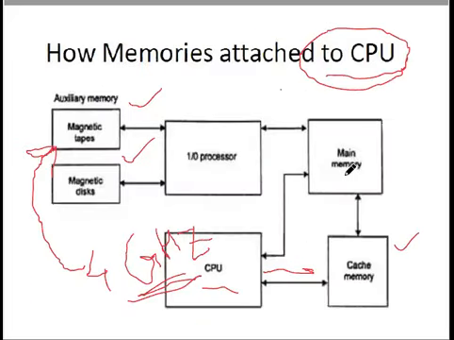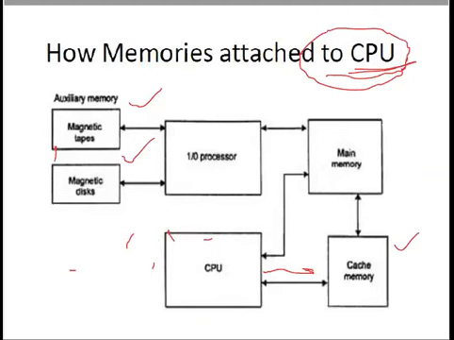So let us see how memory is attached to a processing unit. This is the CPU. Let us start with this processing unit. Suppose we have a processor, CPU, and this CPU is connected through a bidirectional bus. Now what is a bus? A bus is a set of wires that carries information in a computer system. Right now, you must learn that only. The bus architecture will be taught in detail in the next course in the upcoming semesters.